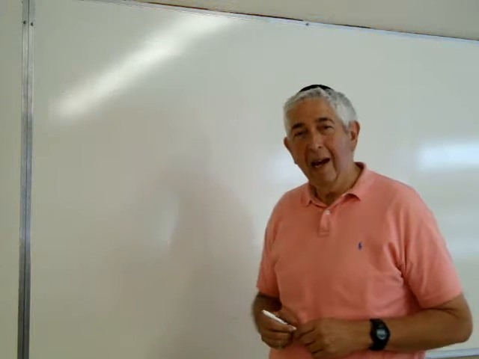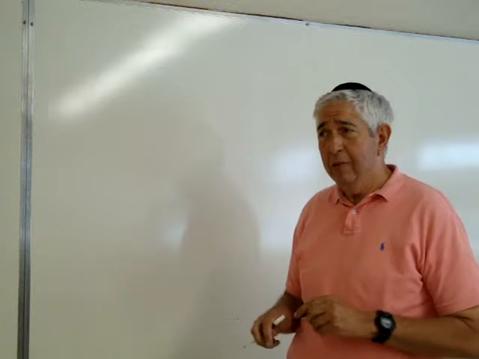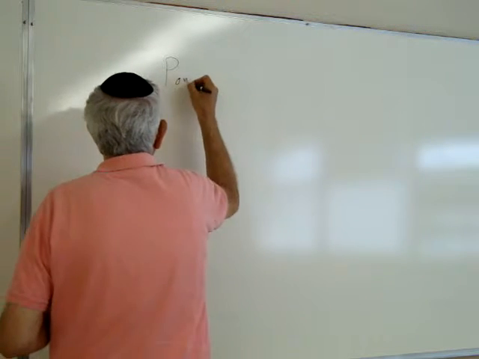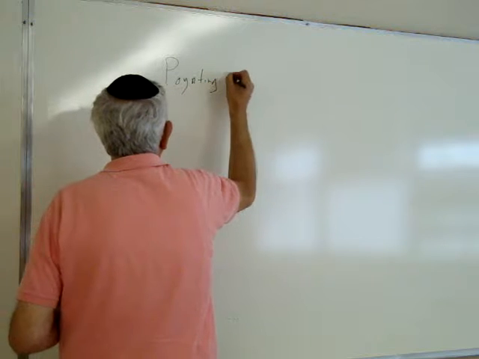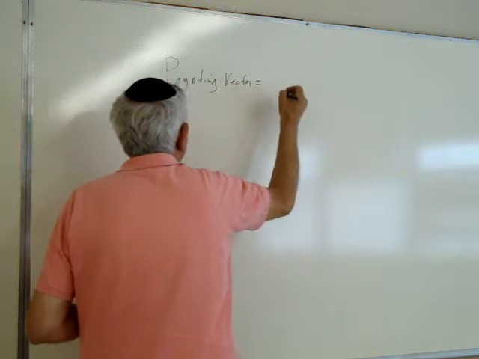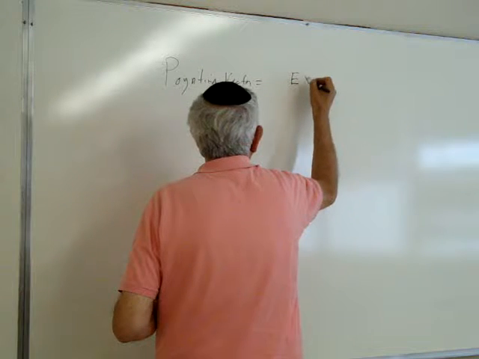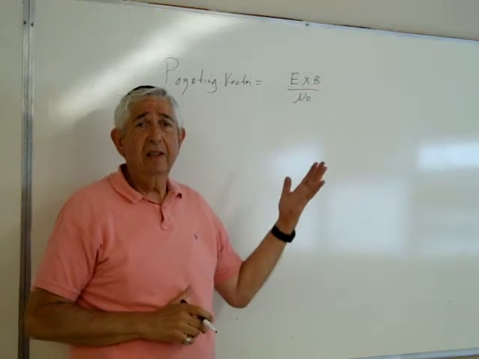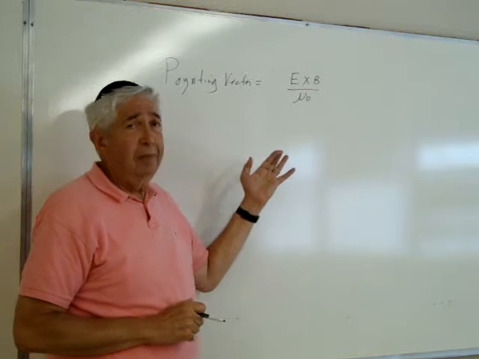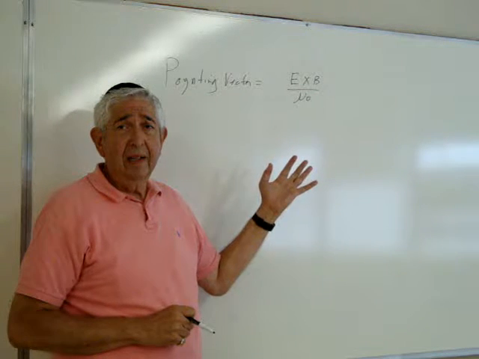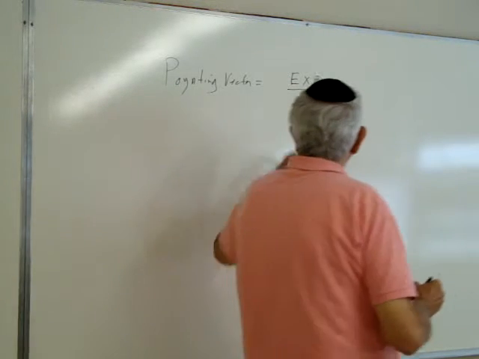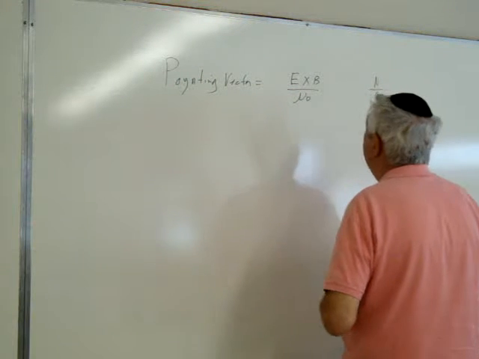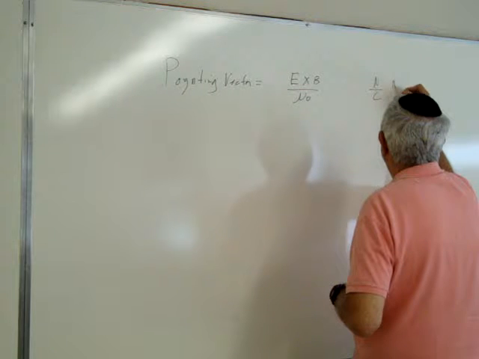I'd like to tell you that power in an electromagnetic wave is represented by Poynting's vector. So Poynting's vector is E cross B over mu 0. Okay, E is the electric field, B is the magnetic field, and mu 0 is the magnetic constant. All right, so E has the units of newtons per coulomb, and B has the units of Newton